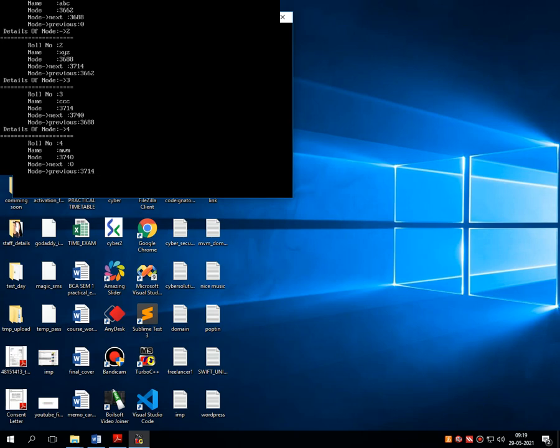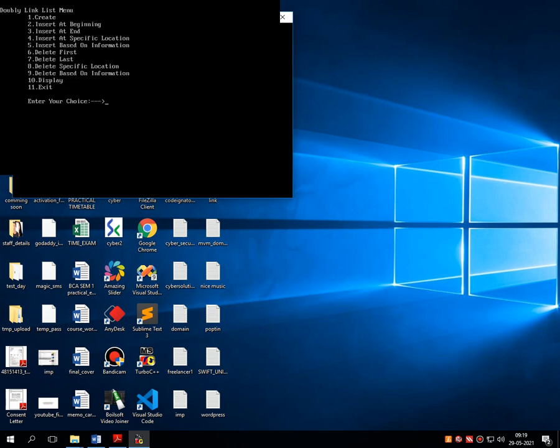That means in both of these cases null is stored in the third part of the linked list, and the address of previous is 3714. You can track it: over here you can see that the previous address of node number 4 is the same as the address of node number 3. Node number 3's address is considered as the previous address in the last node, node number 4, that is 3714. When you press enter, your main menu will be displayed because a total of 4 nodes are created.